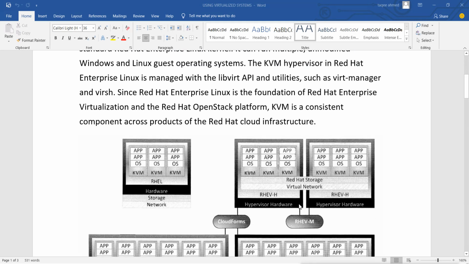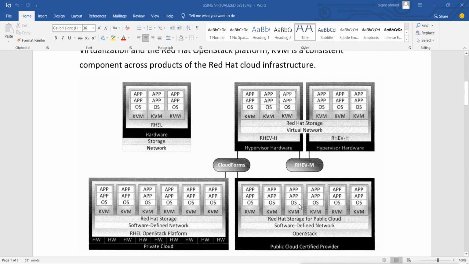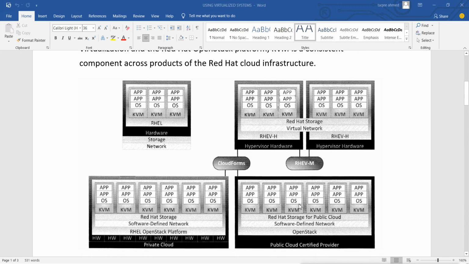Now these are the different cloud platforms or cloud technologies we have in Red Hat. That is RHEL, then RHEV-H. We have a private cloud in OpenStack. We have a public cloud also.